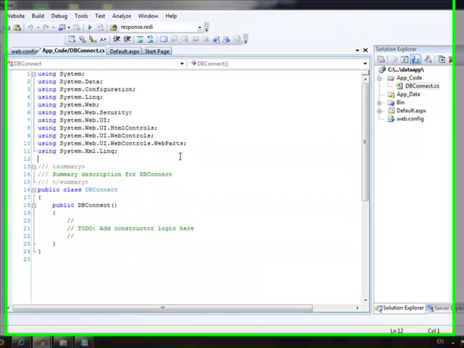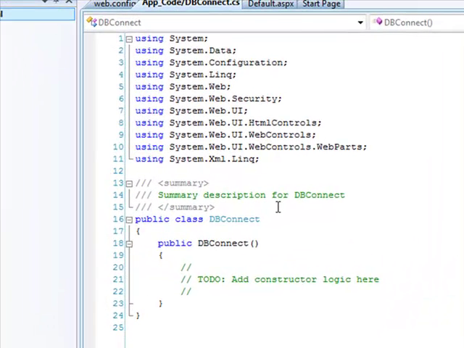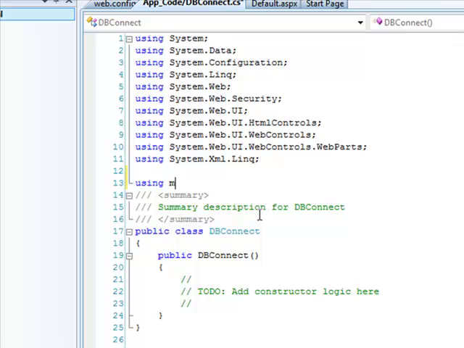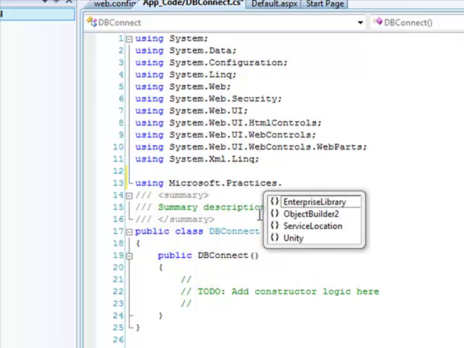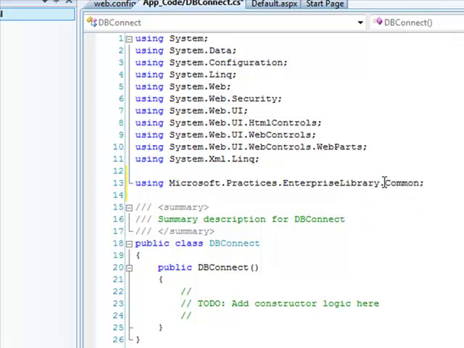Okay, now we have to add some namespaces to our project. They are Microsoft.Practices.EnterpriseLibrary.Common and Microsoft.Practices.EnterpriseLibrary.Data